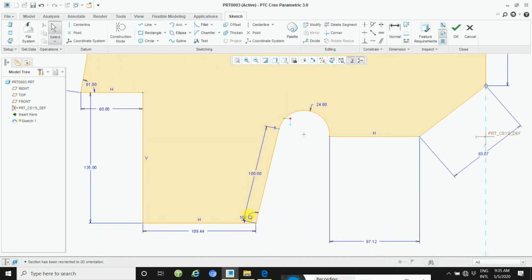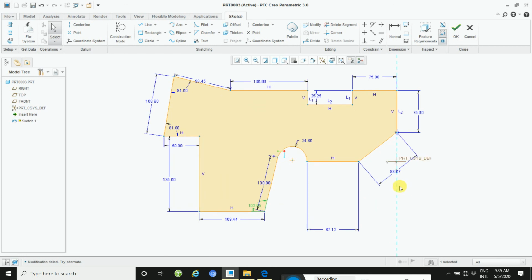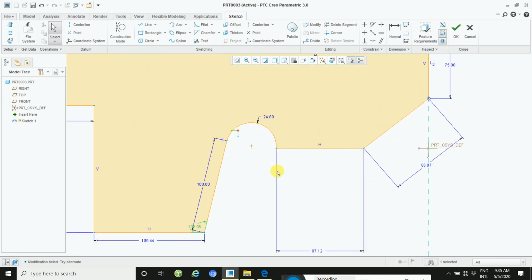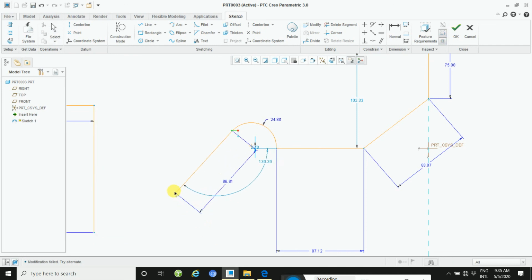Take this angle 150. It's creating problems. So try to adjust this angle this way. Delete this line. That's why the problem is creating. Okay.